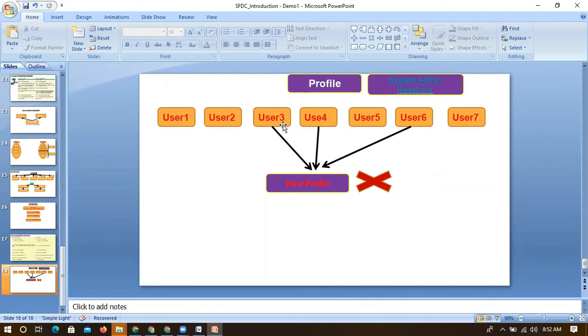If I want to change it, I can change it, but I cannot assign multiple profiles to this user. Only one profile can be assigned at a time, either system admin read only or the new profile. I cannot assign both. That is clear to everyone, right?